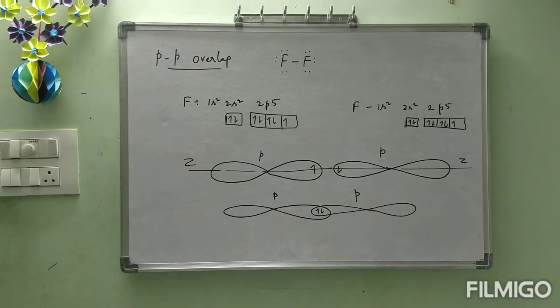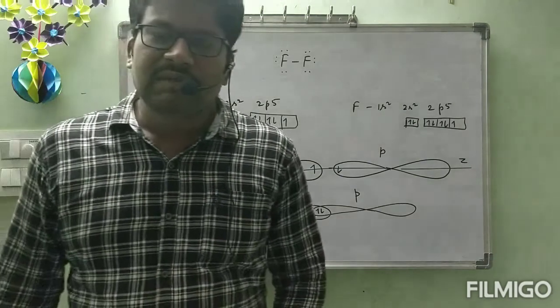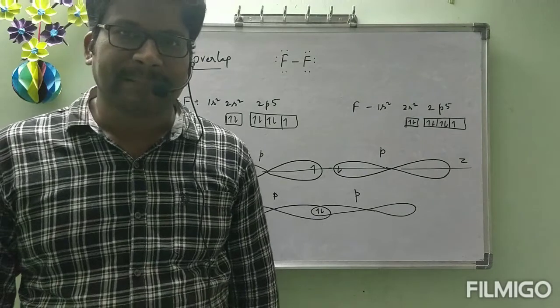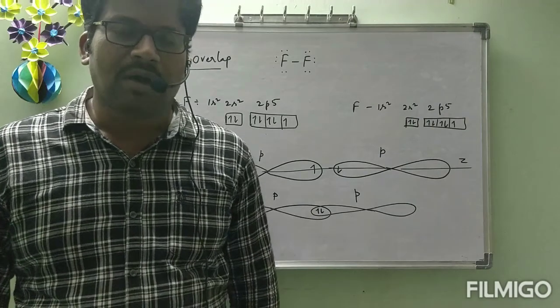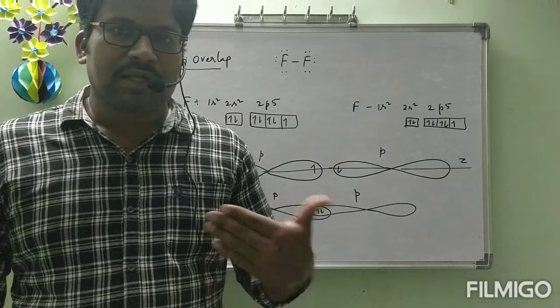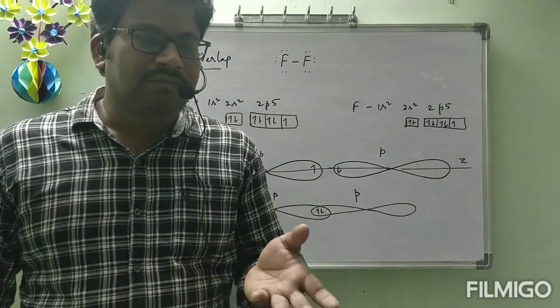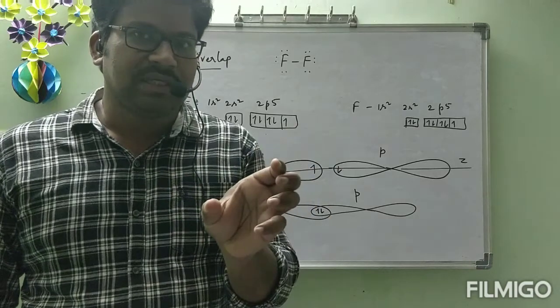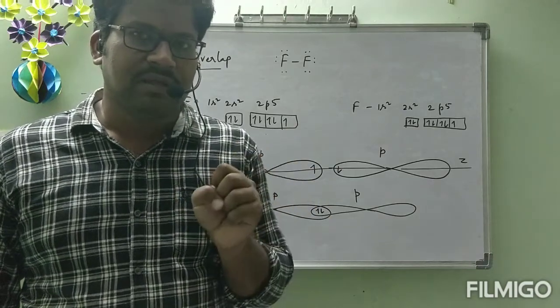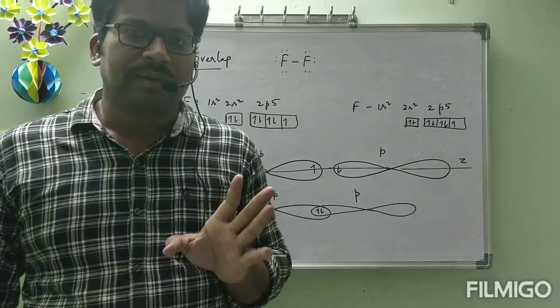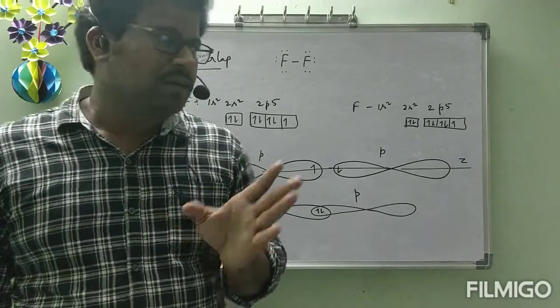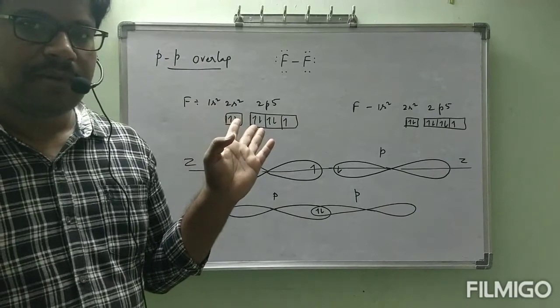I hope you understood this concept, everyone. First, in what way covalent bond is formed, we have seen. What is the definition of covalent bond? After that, what is meant by overlapping? To form the covalent bond, definitely orbitals must approach each other and they have to combine with each other. That combination is called overlapping. Different types of overlapping we have: ss overlapping, sp overlapping and pp overlapping.